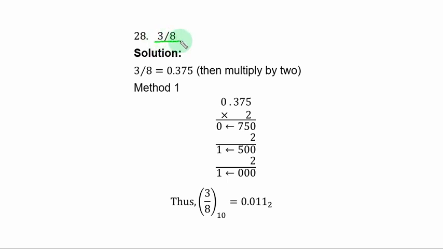We should convert this number. The number is a fraction from base 10 to base 2. The first method, to apply it, you need to change the proper fraction to a decimal fraction. So when you divide 3 by 8, you have